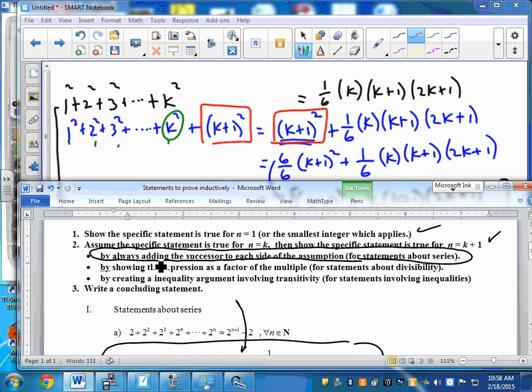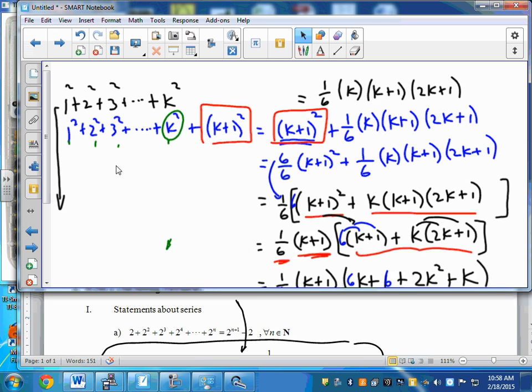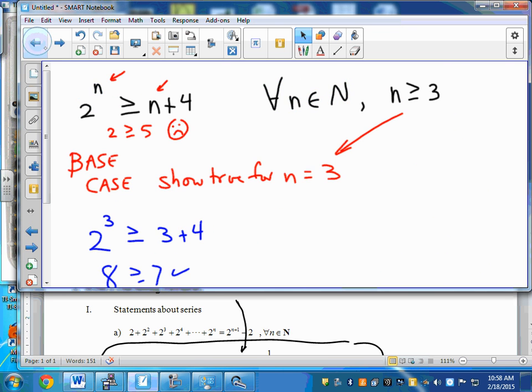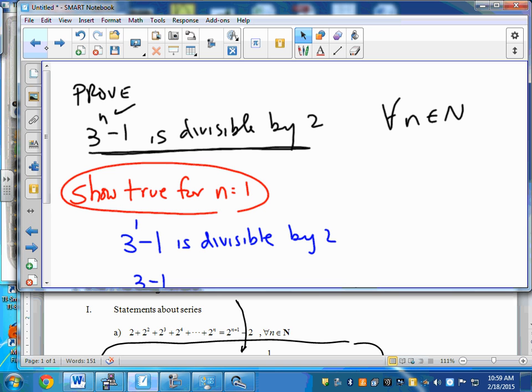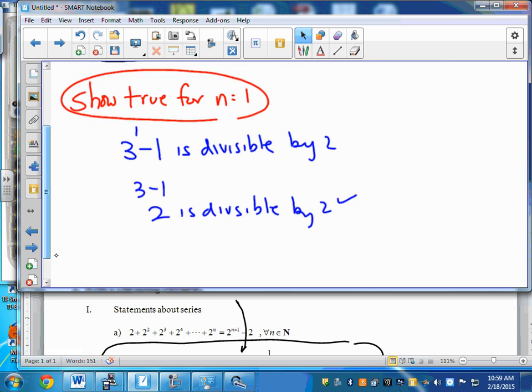But I do want to show you, how might you prove other statements? So let's do a divisibility one, for example. Okay, so back to divisibility. We had, let's see, here's a divisibility one. Okay, show that this is divisible by 2. And it does work in the base case, n is equal to 1. Remember, the assumption would be to assume